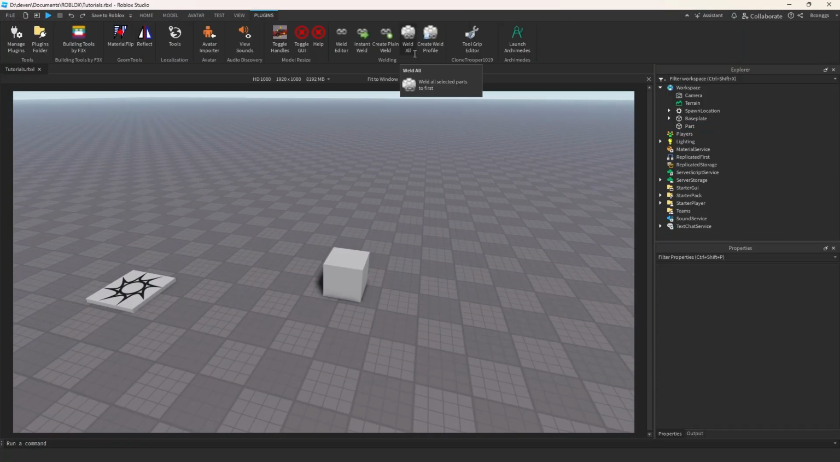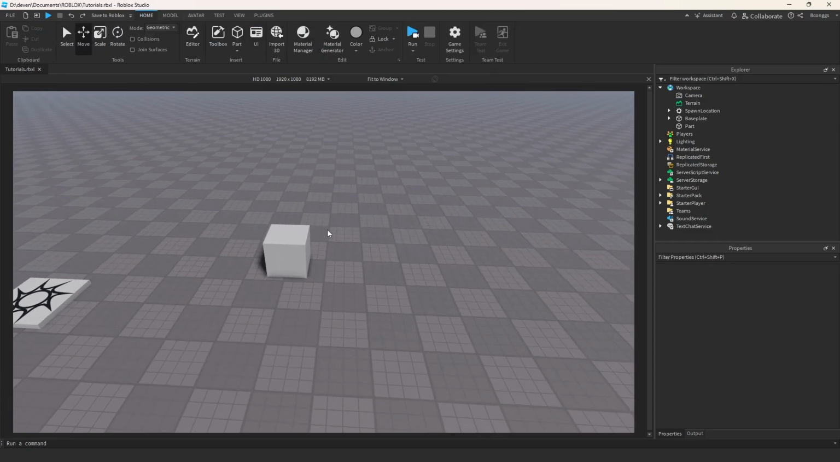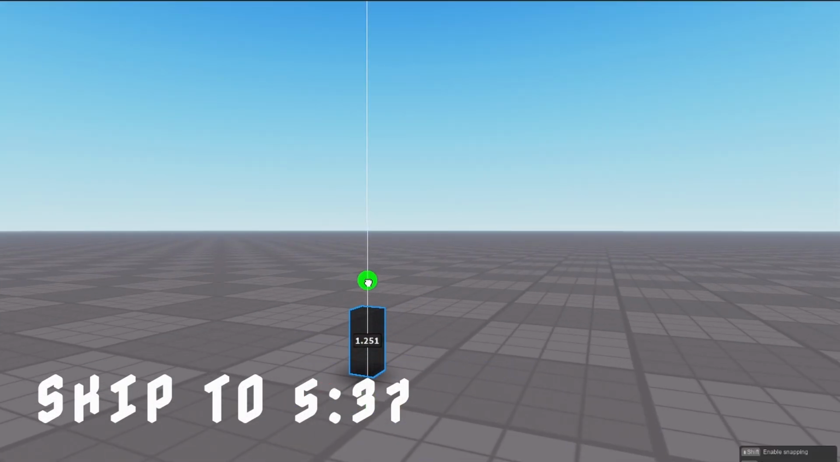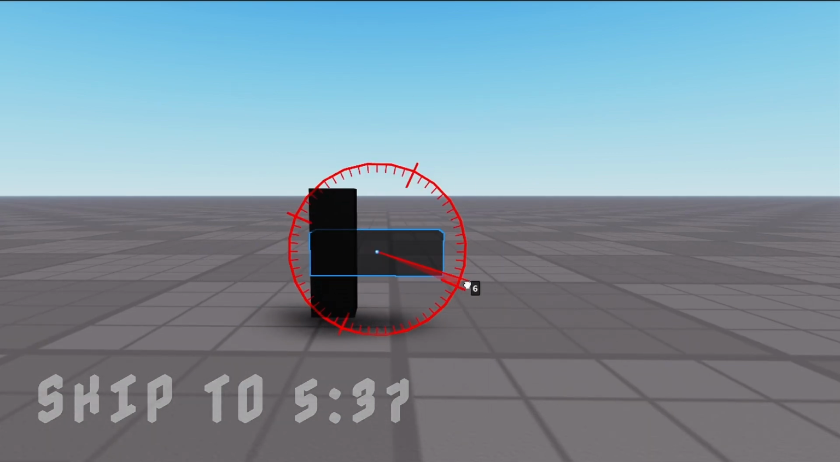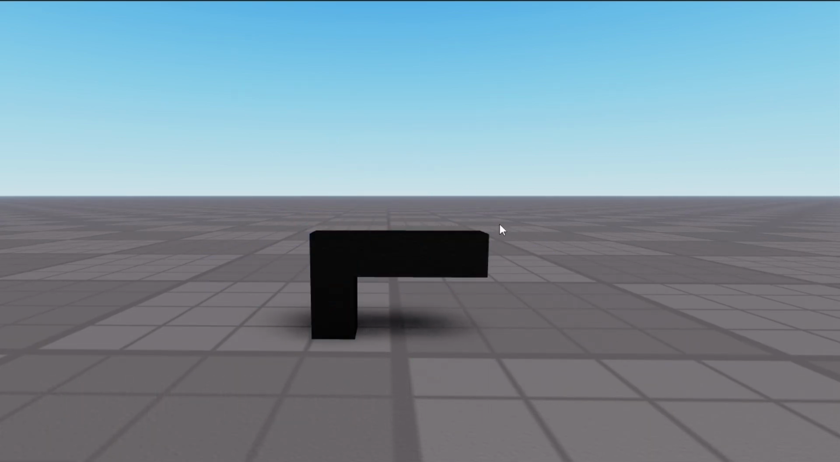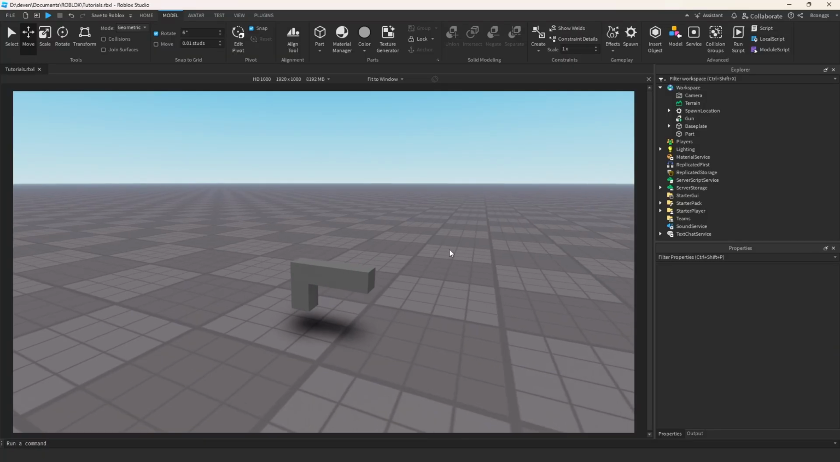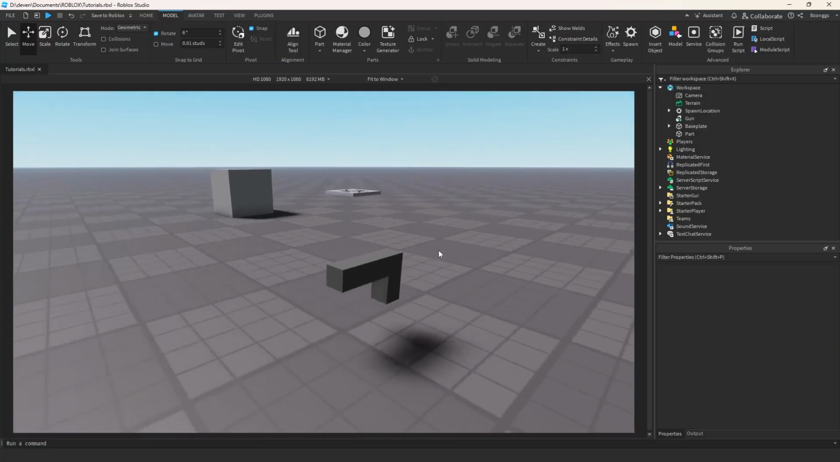Next up, we have Tool Grip Editor. Now this comes in real handy when you have a tool that you want to resize. So let's go ahead and create a gun model real quick. Okay, I've mocked up the most basic gun model, and now all we have to do is make this a